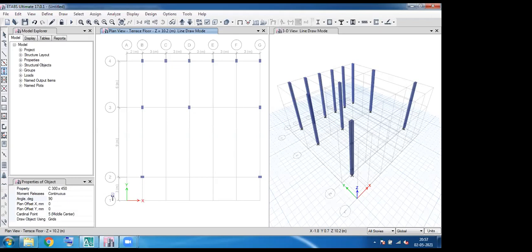Yes, someone is asking, sir, how do we decide column or beam sizes? Yeah, as I said, right now I'm just creating the column and beam sizes purely based on assumption. But in practice, we are not going to assume these values. We need to do a preliminary sizing before creating a model in ETABS. The preliminary sizing is based upon IS codal provisions like IS 456, IS 800, IS 13920, IS 1893 for earthquake resistant design of buildings.